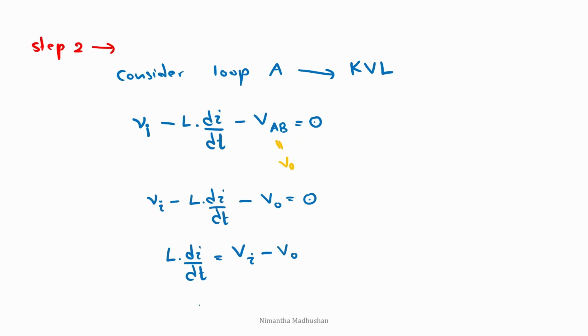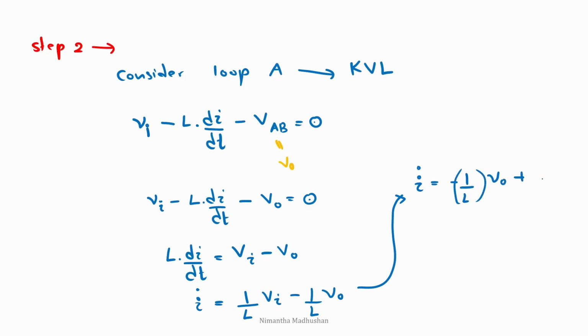For this part, I can write I dot is equal to 1 over L Vi minus 1 over L Vout. From this equation, we can derive the first differential equation: I dot is equal to minus 1 over L Vout plus 1 over L